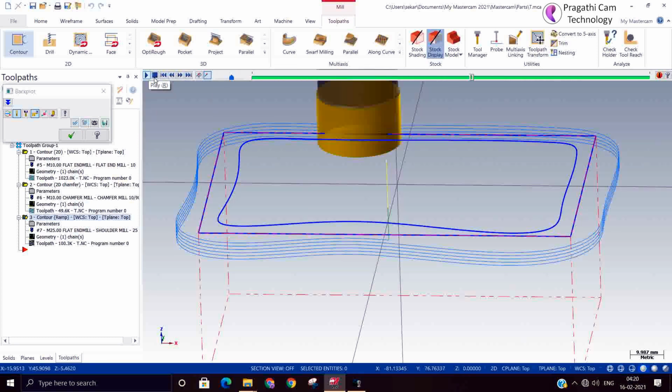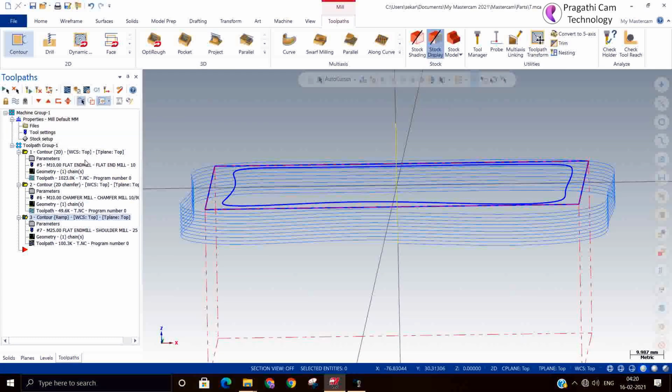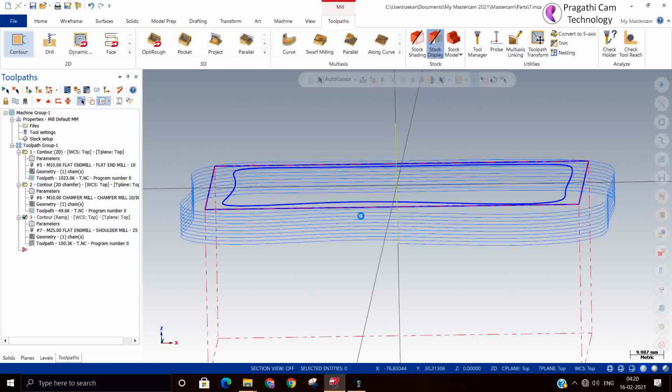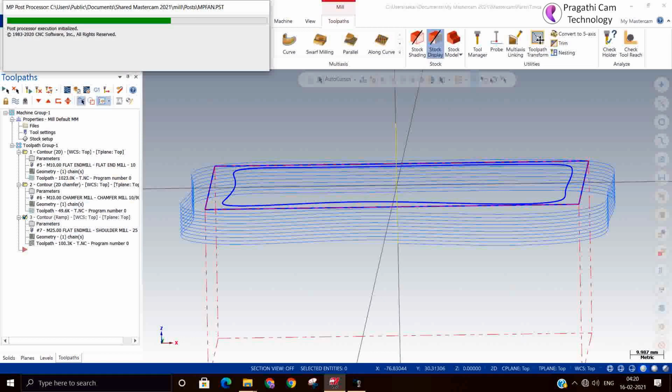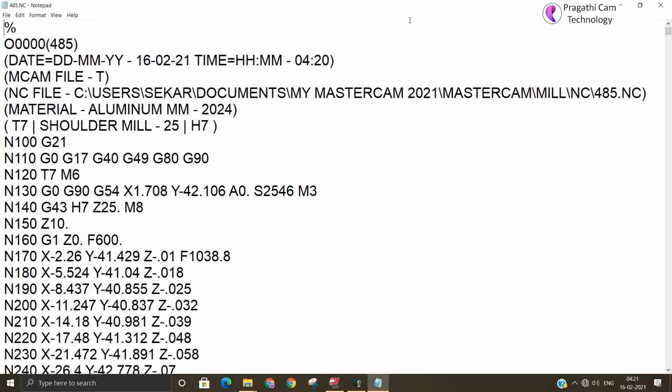If you see the output of this toolpath, it is all in a single line. You will see all three outputs X, Y, Z. In a normal toolpath, X, Y will come and Z will be separate.